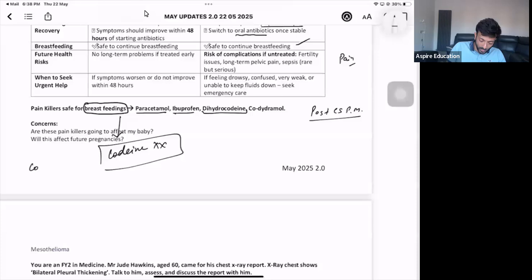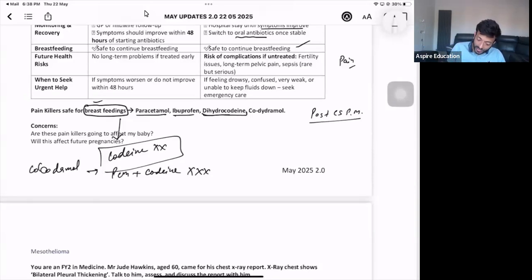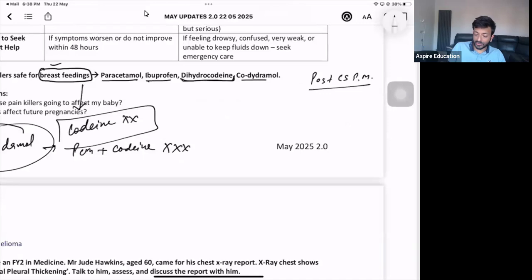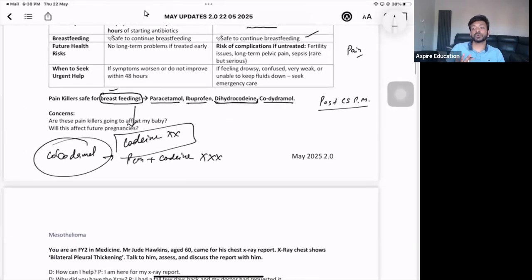So you must have heard a drug, cocodamol. What is cocodamol? This is paracetamol plus codeine, which is not given if patient is doing breastfeeding, because cocodamol is meant to cause the maximum chances of neonatal respiratory depression. So you have an alternative. Instead of codeine, you will give dihydrocodeine. So the combination that you'll find in the market, instead of cocodamol, you have to go for codidramol. That combination is okay.